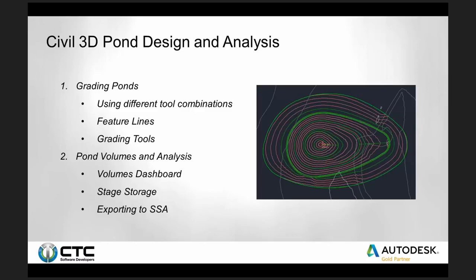We'll use a few different tool combinations to accomplish this. The one on the screenshot on the right is just made up of a few feature lines and a COGO point. We'll also include use of grading tools and different combinations of feature lines and grading tools. It really depends on the design of the pond